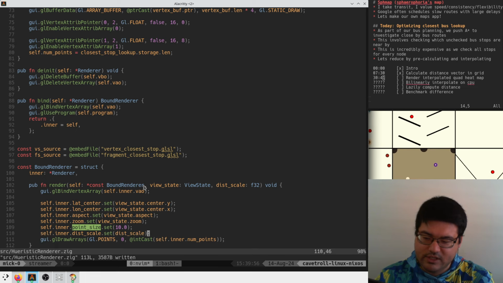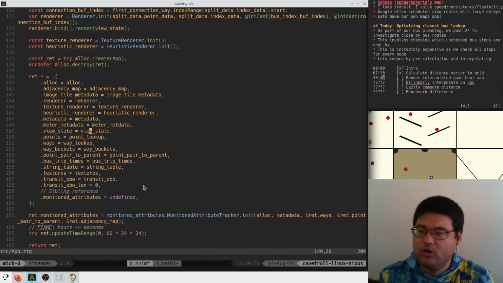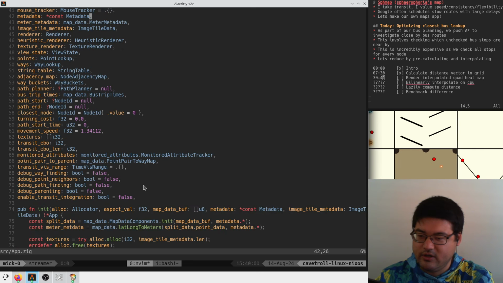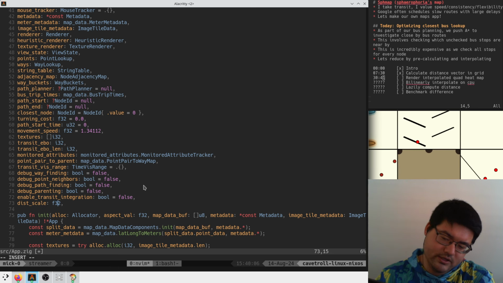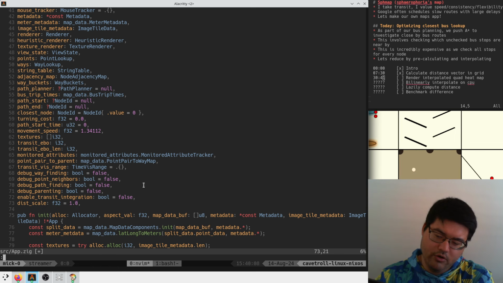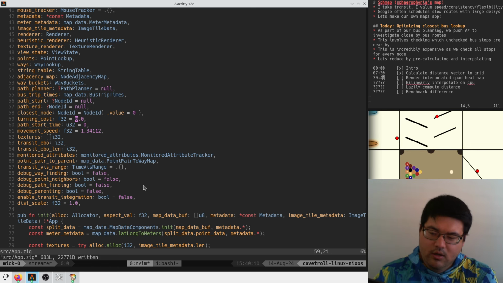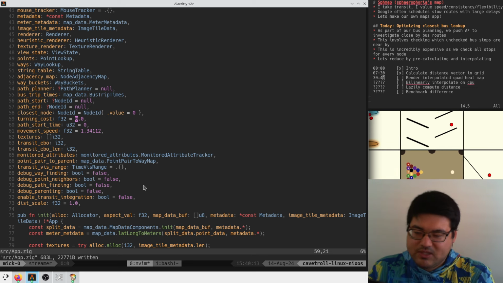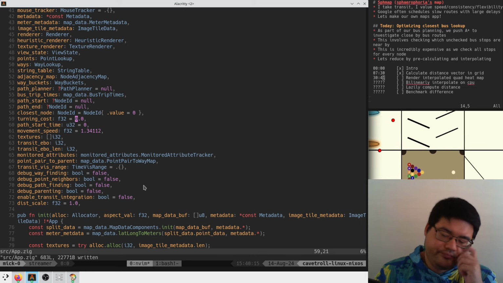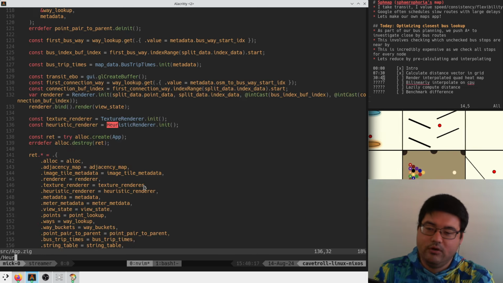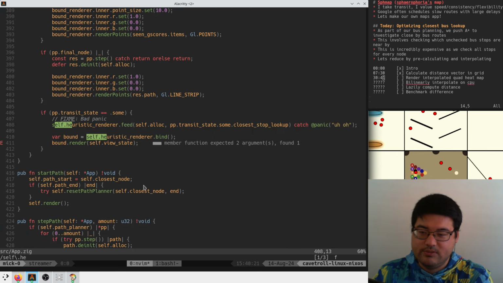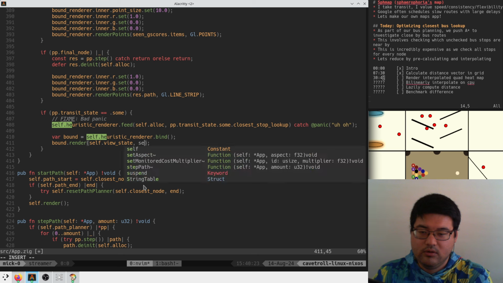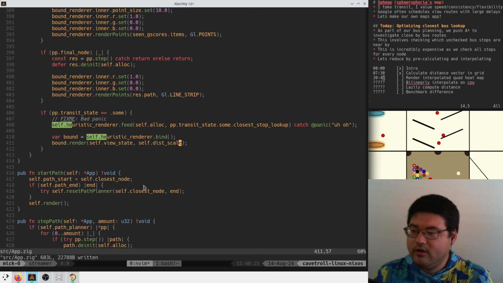And then just in app.zig, we have to set a distance scale here, and we'll set it to like 1.0 initially. And we have to hook this up to a slider, which is fine. Heuristic renderer. So here we need to pass in dist scale, and then